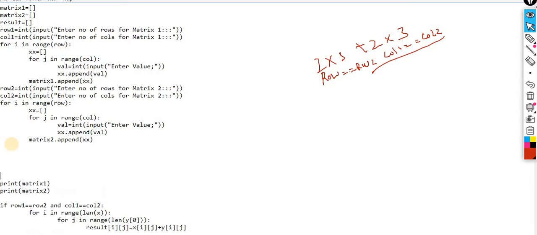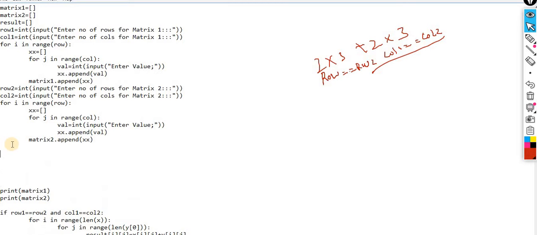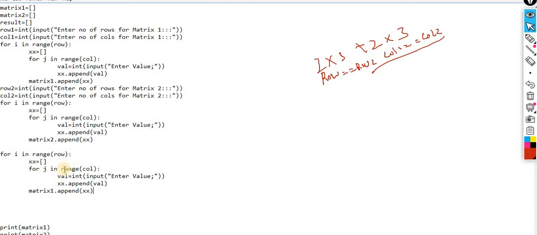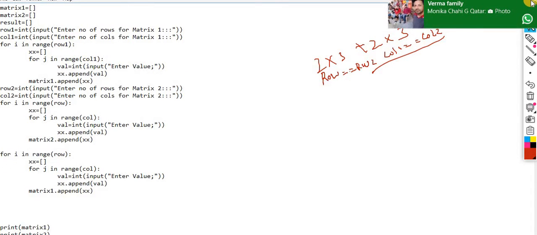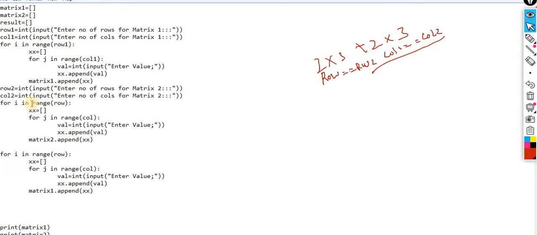So this time I am making a result matrix. Here again you are supposed to change row 1, the column 1, otherwise you will get the error message. So here you are supposed to change row 2 column 2.